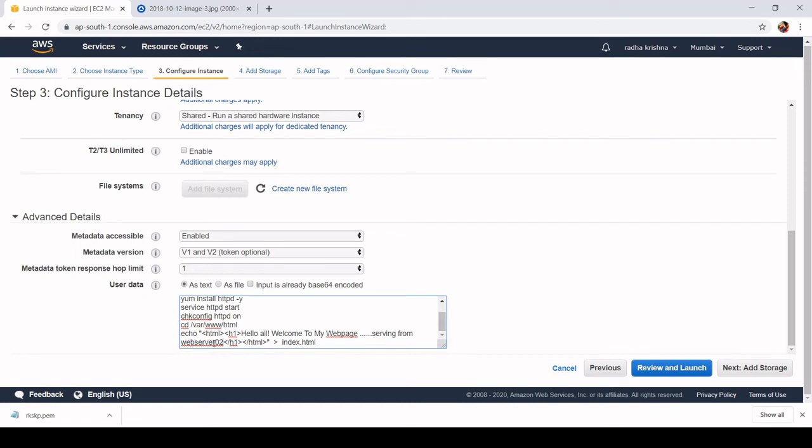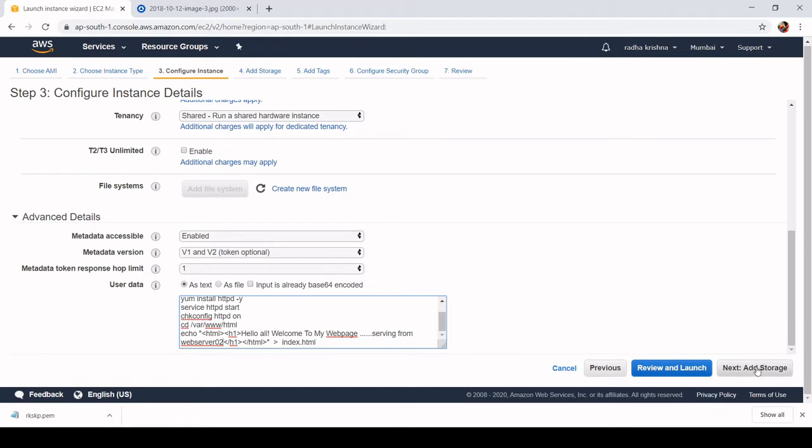In the previous EC2 instance I have given web server 1 because I want to show you how this load balancer works and how the load balancer manages the traffic between these two EC2 instances. So I will show you this in a few minutes.